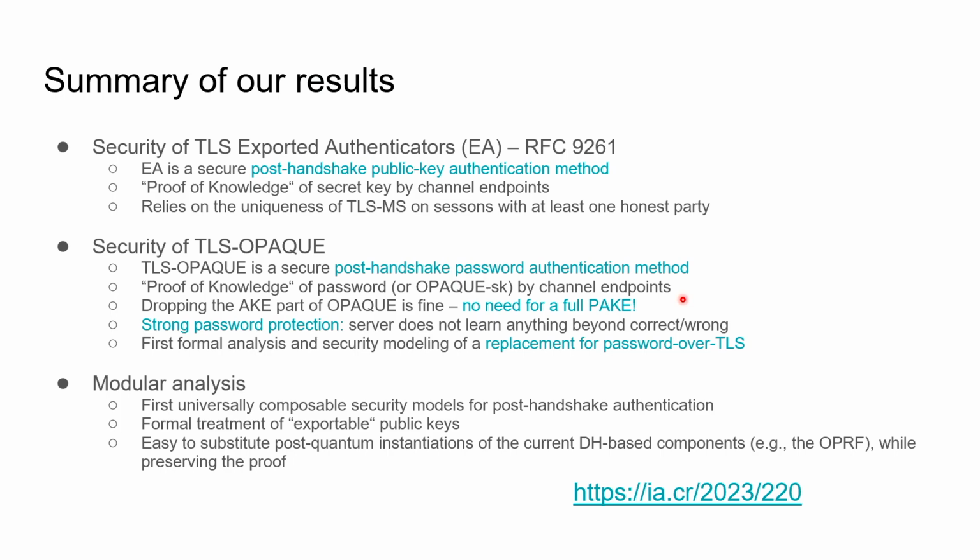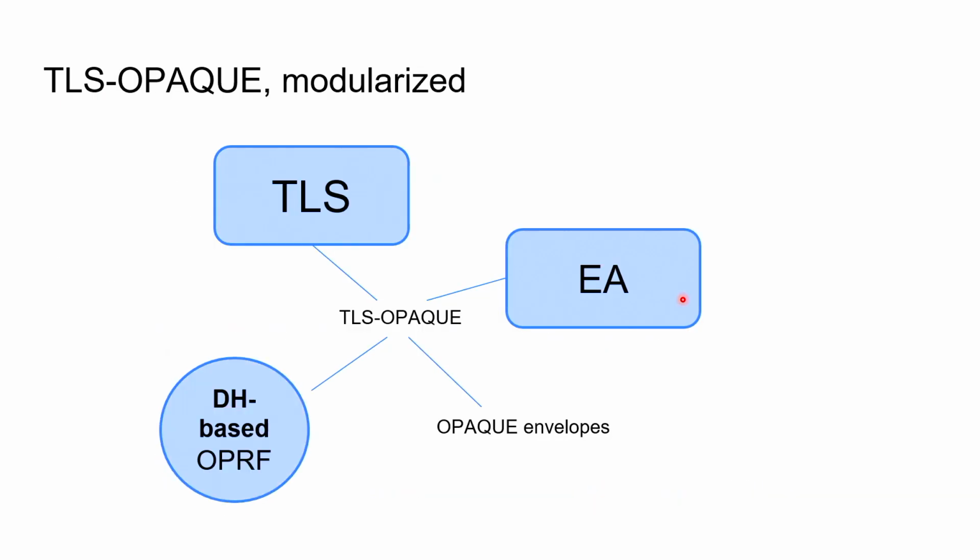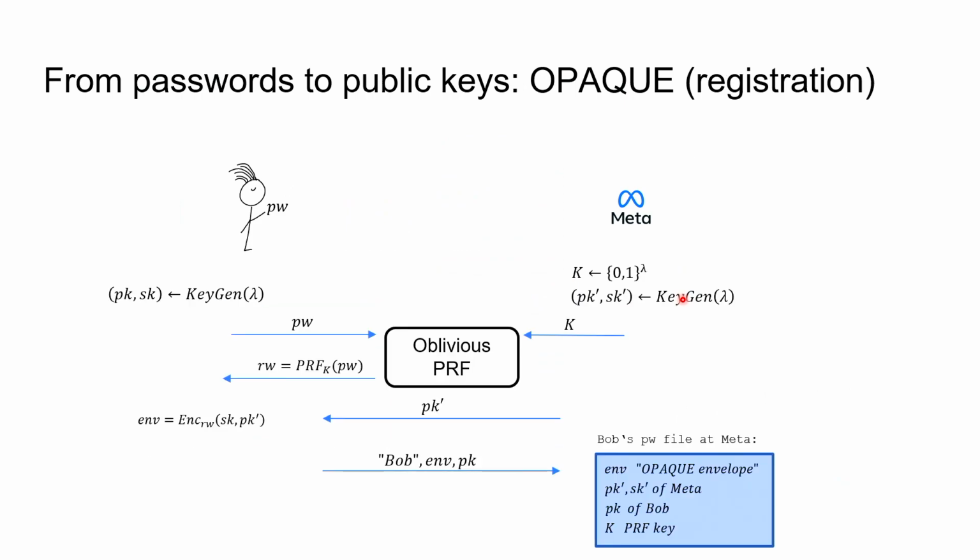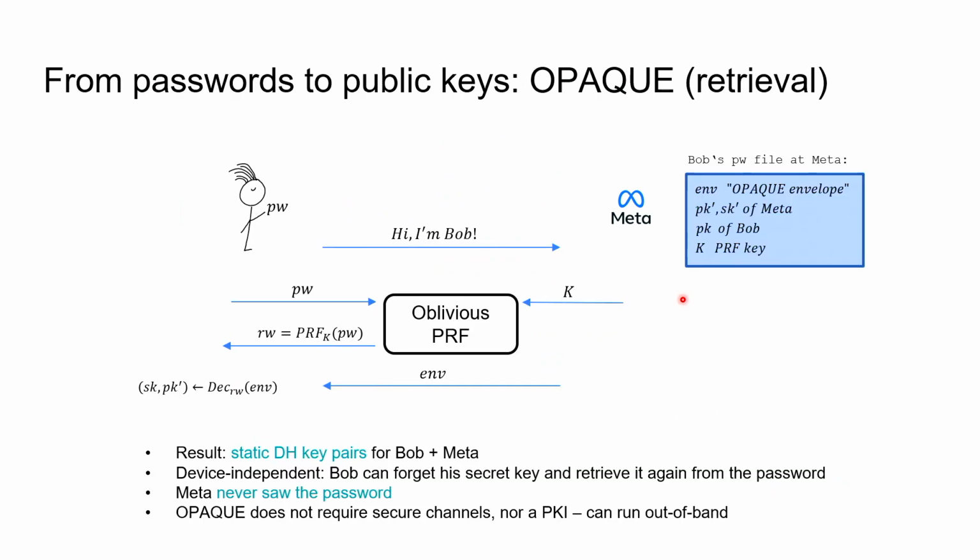Okay, perfect. A short question about point 4 here, strong password protection. Is that also guaranteed when, for example, the server is compromised, the K which is used in an OPRF? Would you mind going back to the retrieval slide? And here, if the key is compromised and if the password does not have enough entropy, if I know the key as well as, let's say, the envelope here, is it possible to recover the password?